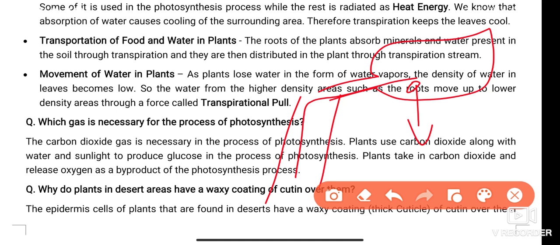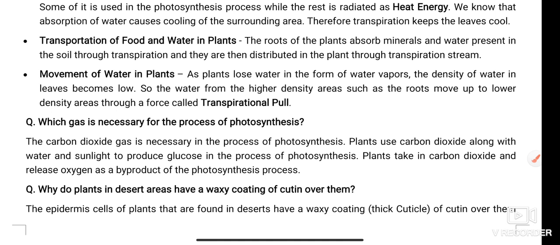And they also help in transportation of food, which is transported by the phloem tissue in the plants. So how do they help to transfer the food with the help of phloem tissue? Because they also provide the suction pressure for the movement of food particles. I hope you understand well the movement of water in plants. This is called transpiration pull or suction pull.